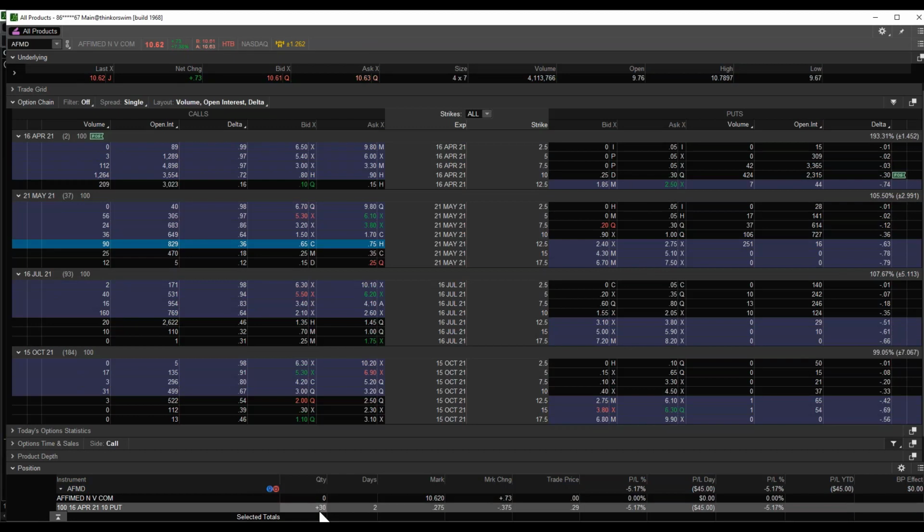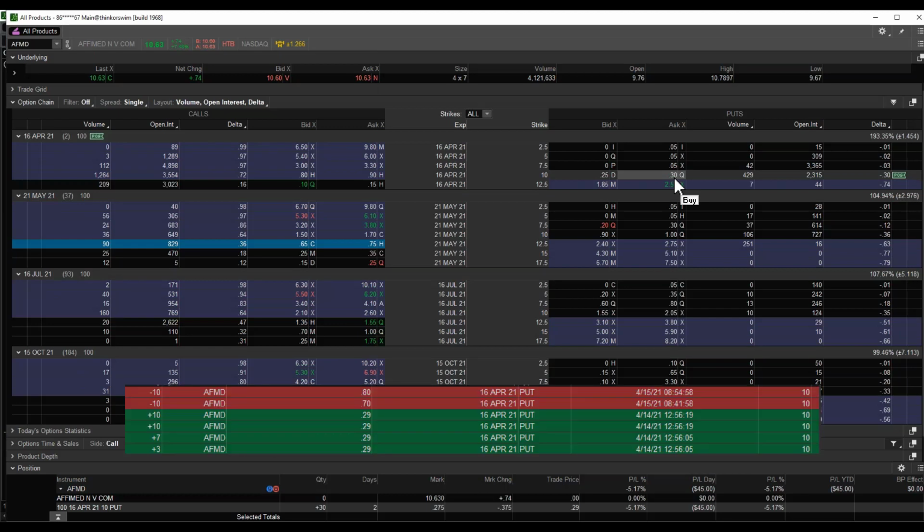So I just bought 30 puts, guys. All I did here is I bought 30 puts for 30 cents, $900. I paid for the privilege to be short 3,000 shares if I want to, or else I'll lose $900. If this thing trades under 10, I would love to be short 3,000 shares. If it doesn't, well,